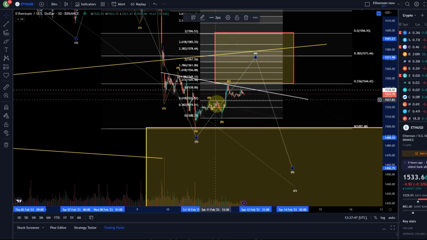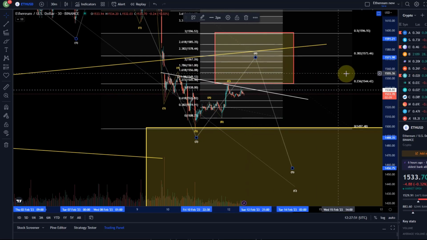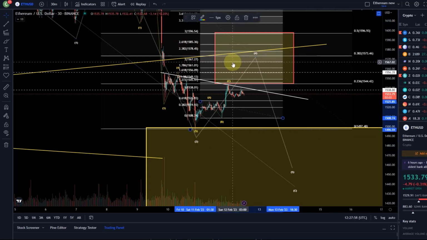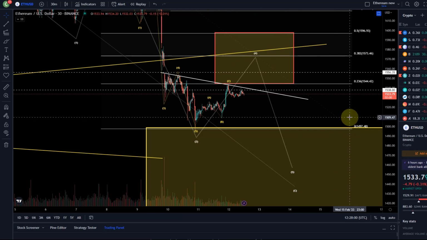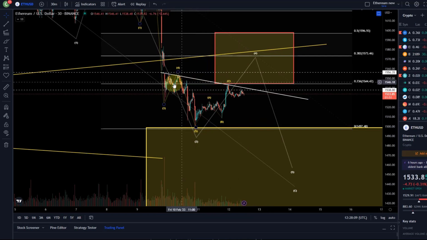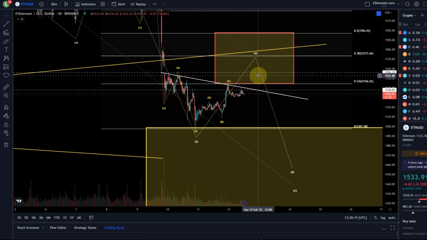Now, measuring A and C wave, the next key target would be 1550 roundabout, the 1.618 extension, which I'll put on the chart as well. And also, what I highlighted yesterday is that often these wave 4s tend to go back into the price range of the previous wave 4. Now it did that already, it went into the price range, but often they tend to go where the end of the wave 4 was, and that would be here at around 1552,